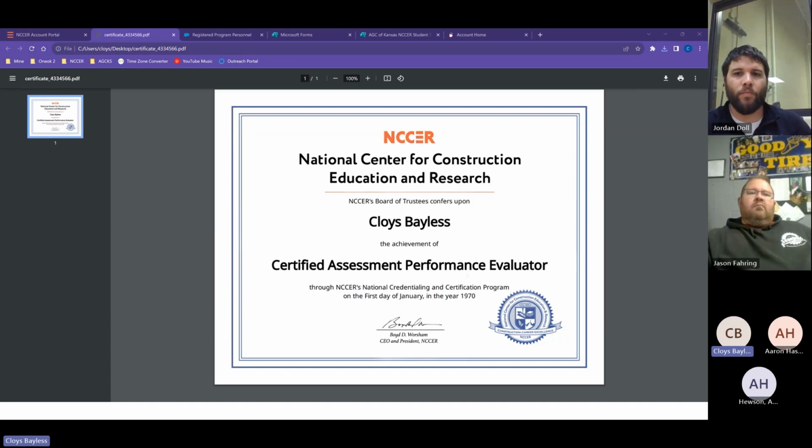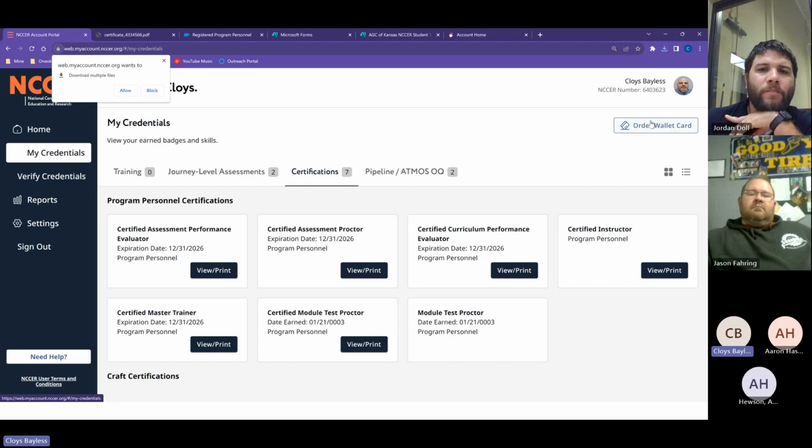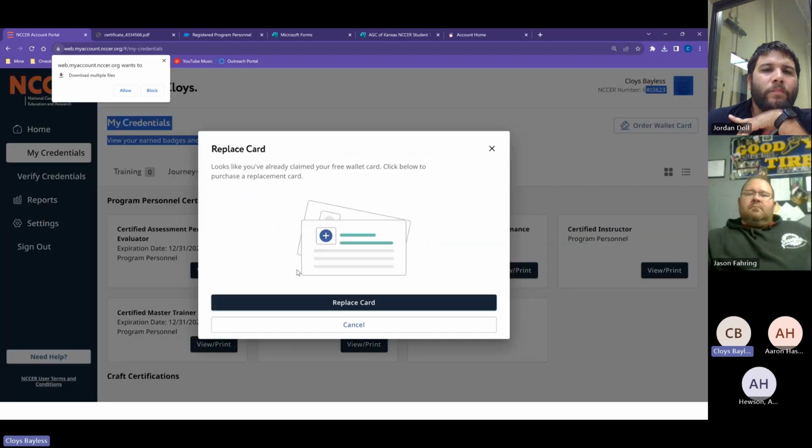I really like that. Are they still going to mail the cards when they complete core? No, they will not. What happens is, when you go to My Credentials, and a student completes two modules that include the performance, they can go to My Credentials, and at the top right underneath their name, they can click order wallet card.